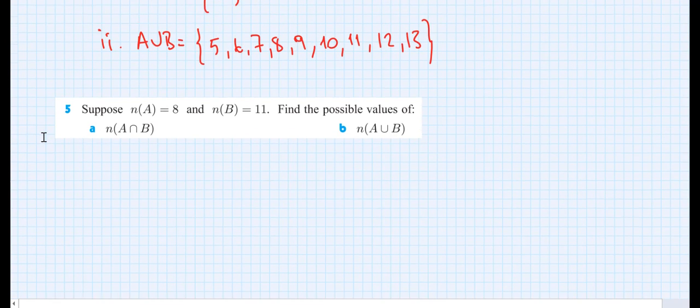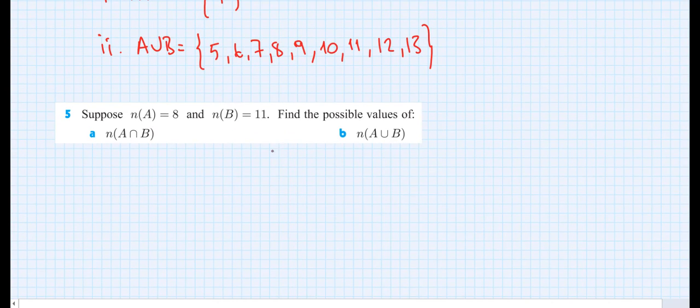And let's do one more example, question number 5. Suppose the number of elements in A is 8 and in B is 11. Find the possible values of the number of elements in A intersection B. So let's try to imagine what it can be. There is no information about the elements of A and B, so it says just find the possible values. What can be the possibility? The possible values can be the number